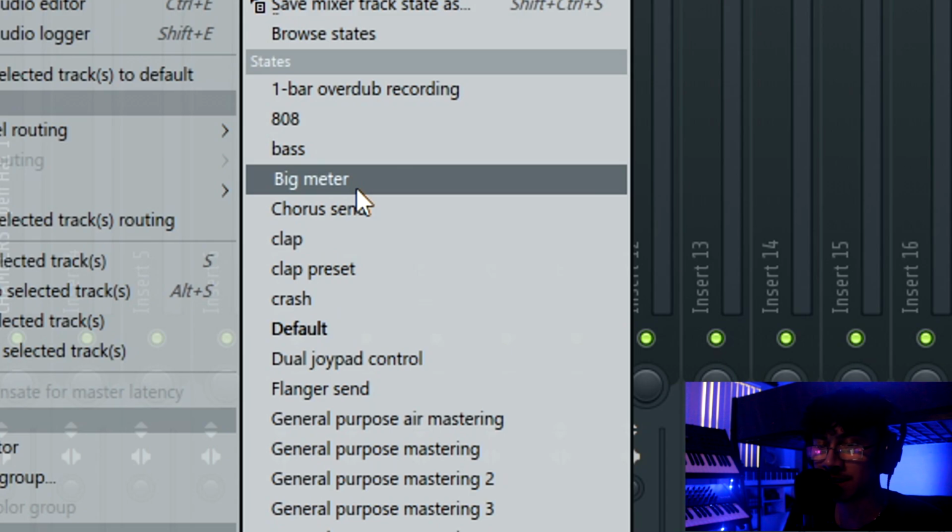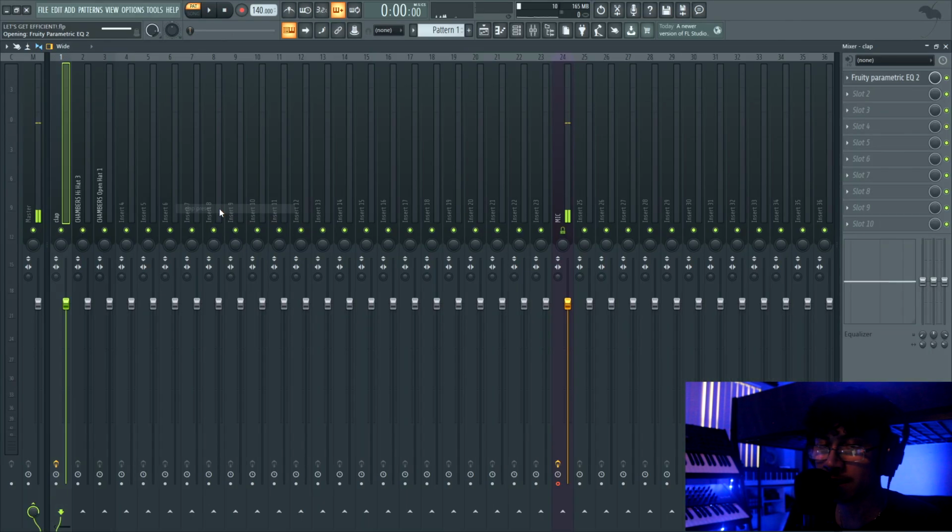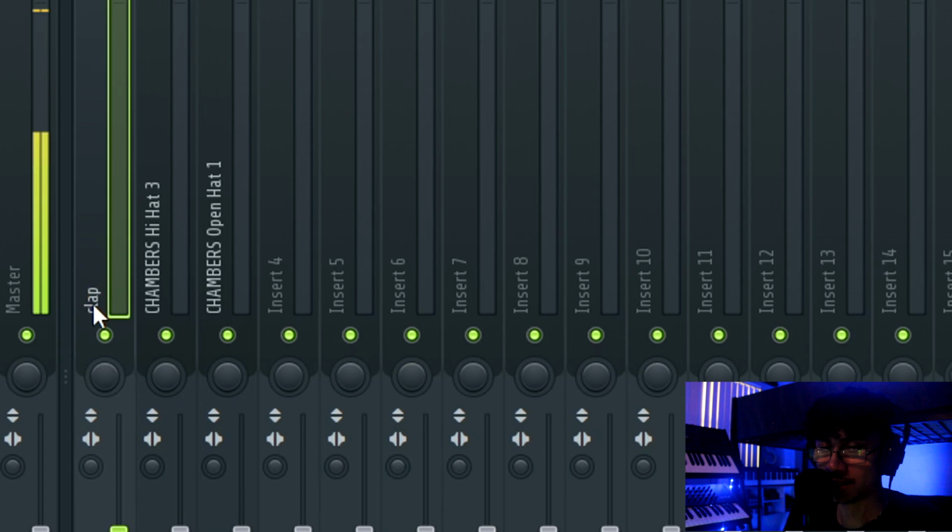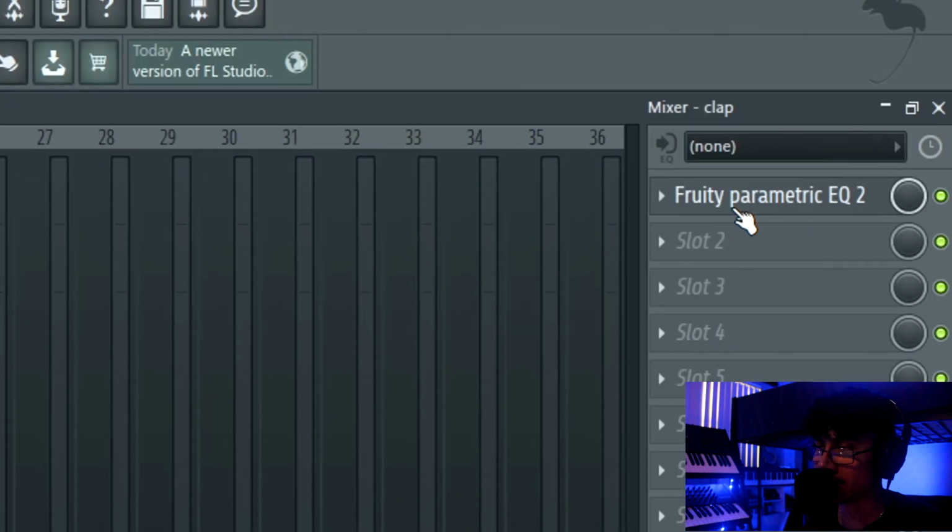And remember, I saved it as clap preset. I just find it right here, click it, boom, it's already titled as clap. You don't have to rename anything, and the EQ is already in here. Now you can do that for your clap, your snare, your hi-hat, your 808, percussion, cymbals, whatever. Do it for as many sounds as you need. If you like to mix your pianos a certain way, you just set it up and it's at your fingertips